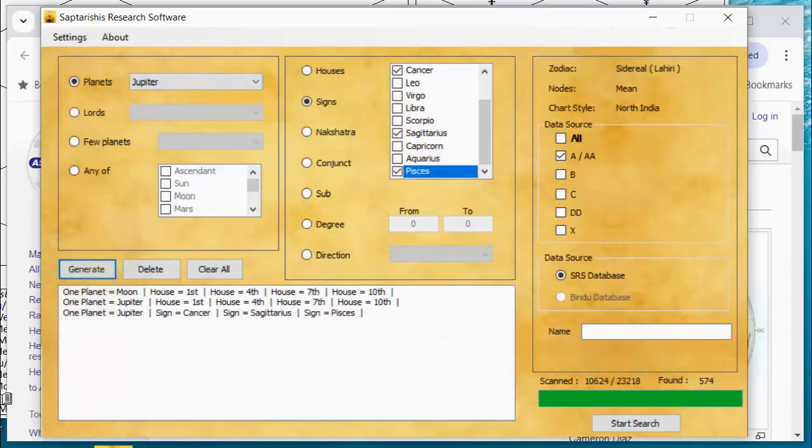Let me click generate and see if that line comes out the way I wanted it to. So what does this say now? I've got Moon in the 1st or 4th or 7th or 10th, and Jupiter is in the 1st or 4th or 7th or 10th, and Jupiter is in Cancer or Sagittarius or Pisces. Okay, so I've got a Kesari Yoga with the Moon and Jupiter literally in the kendras, and I've dictated that Jupiter should be strong. Why did I do this? To trim the field of candidates so I wouldn't have to look through so many horoscopes for a relatively robust Kesari Yoga, because this is what matters in yogas, right?